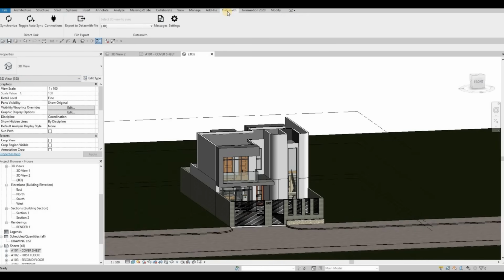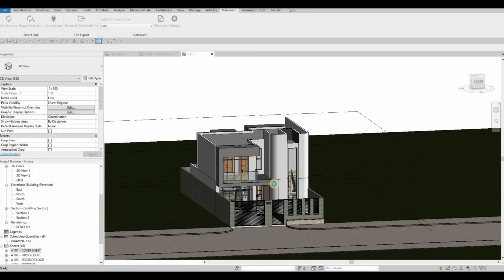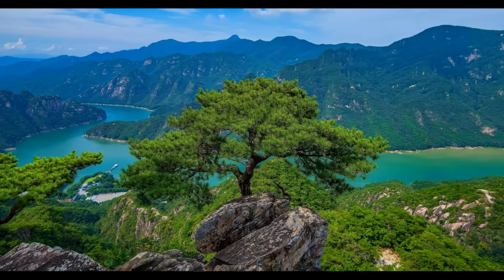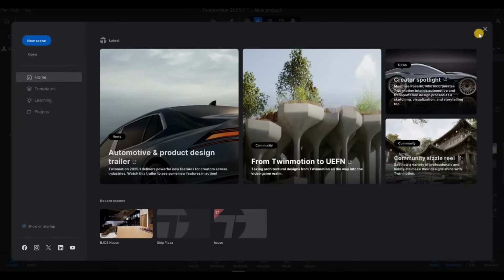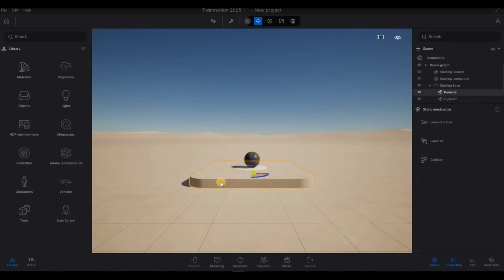You can get this one on the Twinmotion website. Then just export the Datasmith file and save it to the location. I'm just gonna leave this name like this and then save it. After that, open up Twinmotion. I'm just gonna minimize this and then open up Twinmotion. Close this one, remove this,